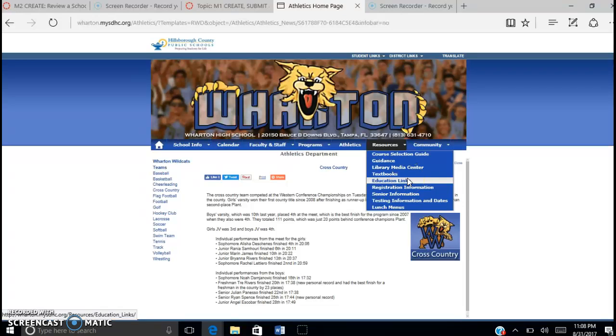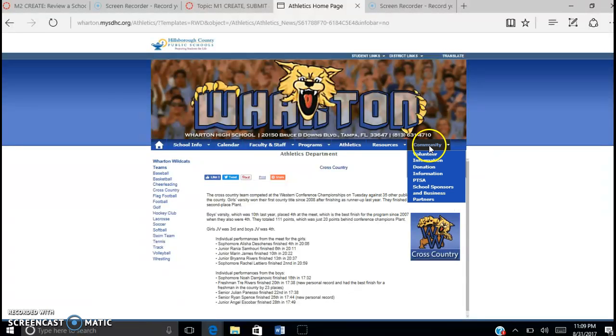Resources basically, for the most part, sends you to the Hillsborough County school website to give you information such as lunch menus, what they're feeding the kids, and bell schedule to show you the whole of Hillsborough County School. Bell schedule is not very detailed. It's just when school starts, when first period starts, like 15 minutes after the bell rings, and when school is dismissed. Community gives parents an opportunity to volunteer for their schools,